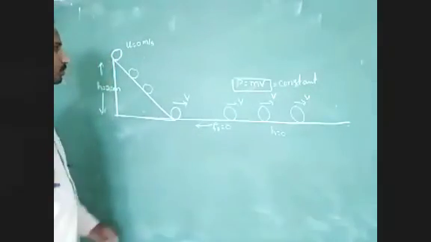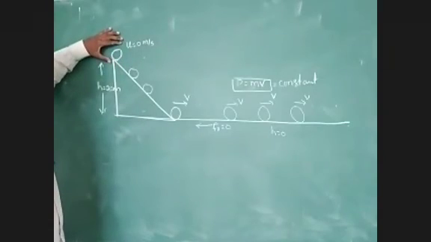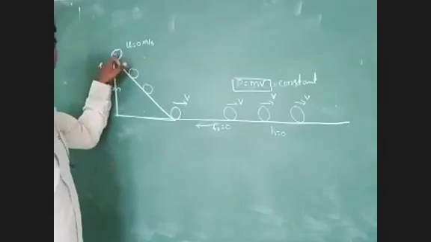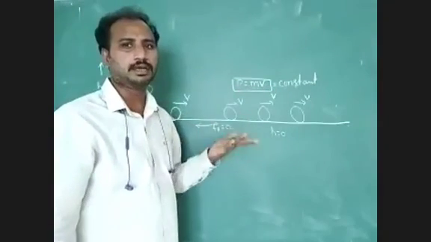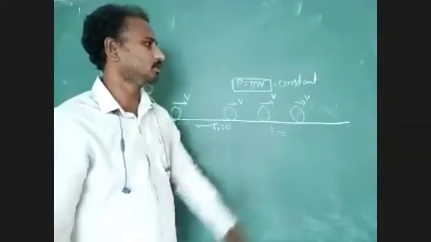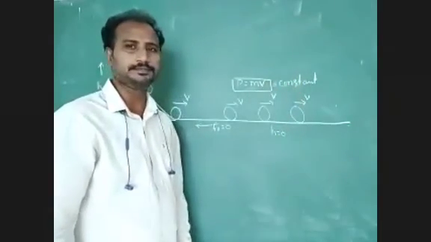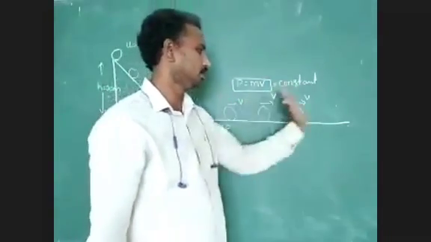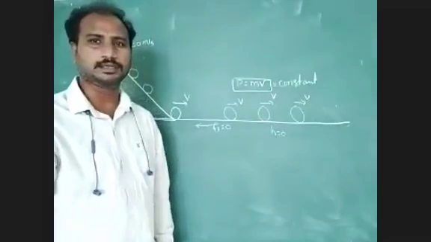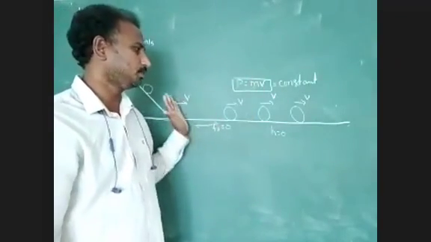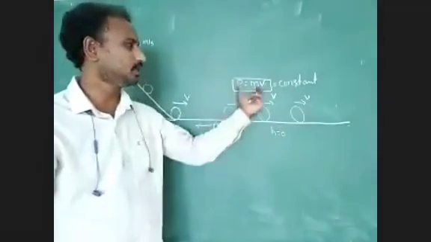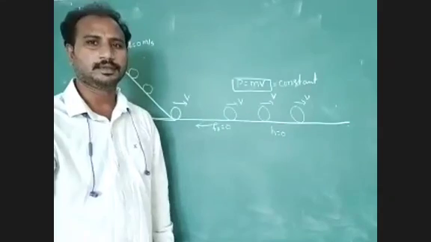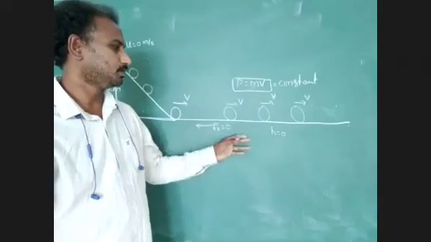So note down this example problem. In this condition, initial velocity U equals 0 meters per second, but H equals 20 meters. This body will try to reach its initial state, but it is not possible. What is the reason? There is no slope of surface, no inclined plane surface. Because of that, the body will maintain its constant velocity. Its momentum is constant, so up to infinite distance it maintains a constant linear momentum, P equals mass times velocity. Note down this example problem.